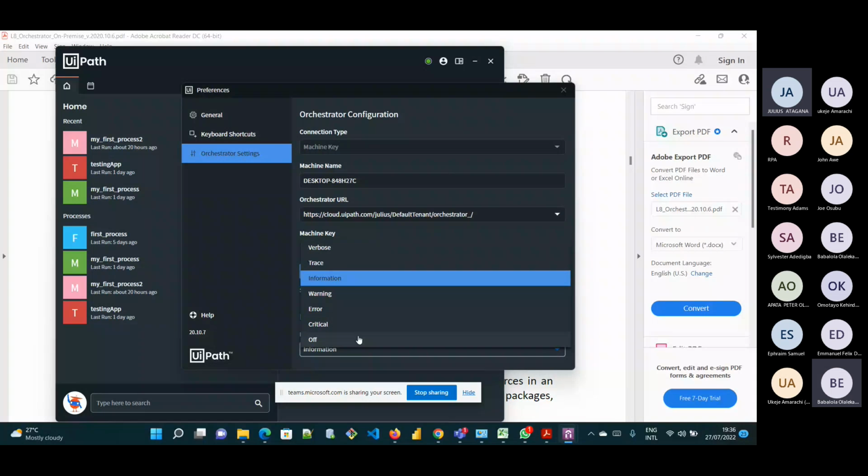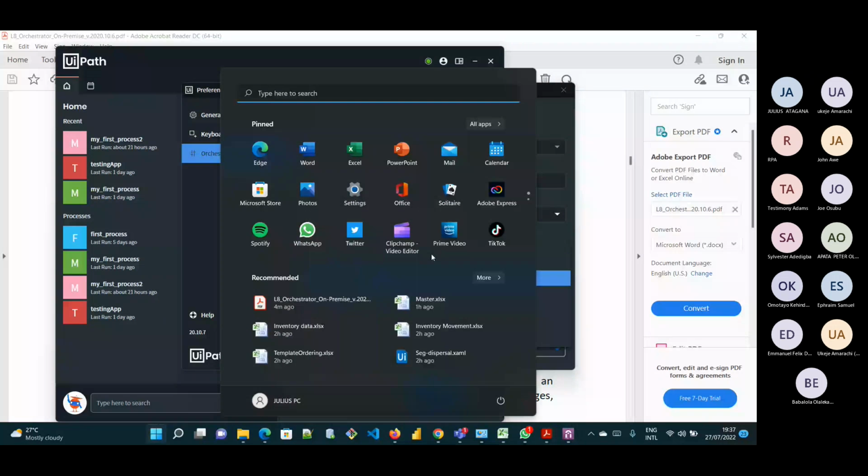With logging, we want to look at the levels of logging. These are all the levels of logging you have, from critical to verbose. Now, how are these things logged? We said the first level is the critical level, and this critical level can only log critical errors from your code. Now, when you're designing your code, let me open the Studio and bring in a log, so that I can come back and explain this log level.